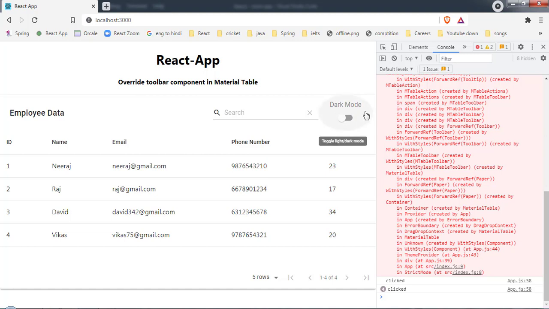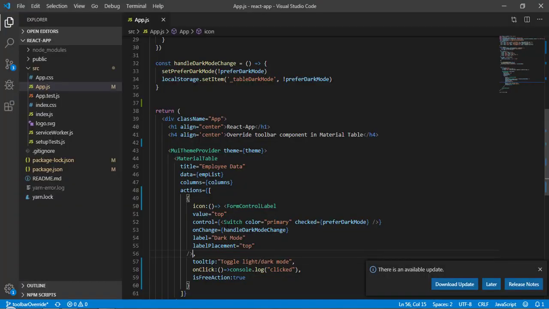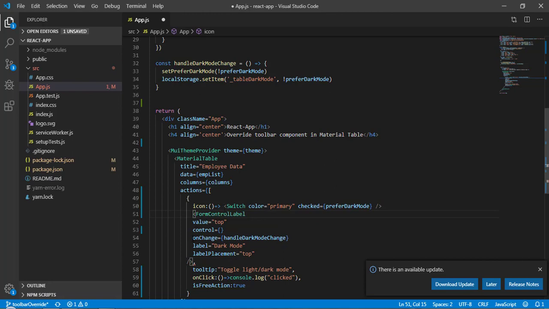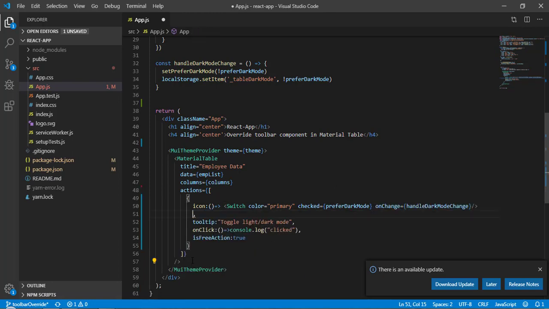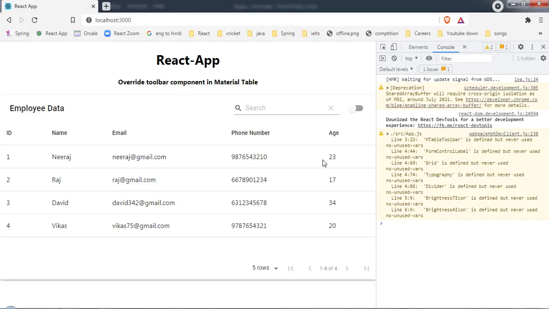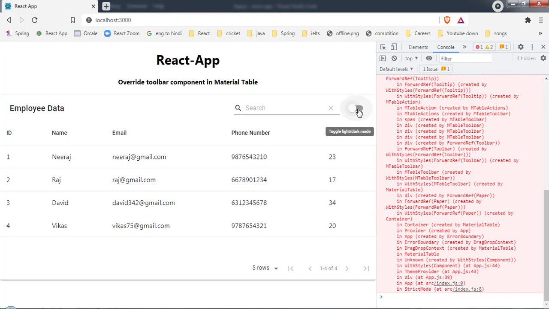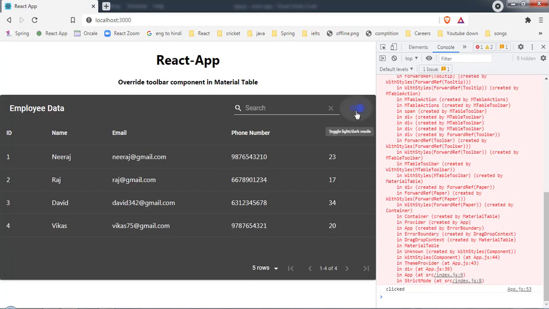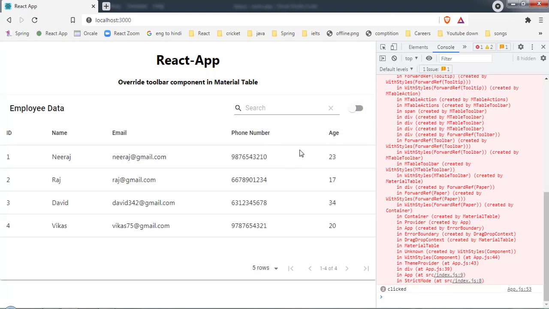Okay, so now what if I want to remove this, because we have the tooltip. For that, we can pass the switch component itself. And now here the switch component, and let's pass the onChange function there. Now we can remove the remaining thing completely because we don't want the label anymore. Let's come back here, and now as you can see we have this component. On click of this, it gets applied, and if I click here again, it gets removed.